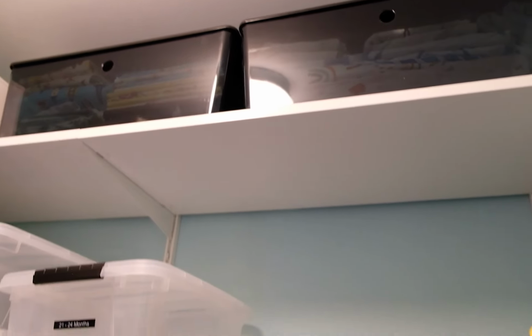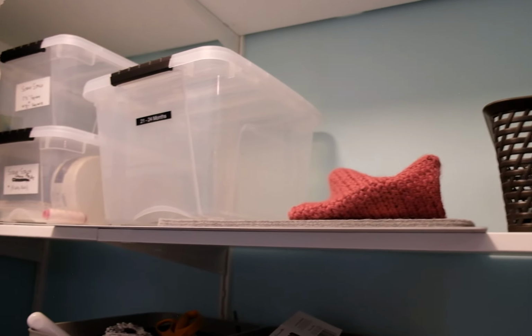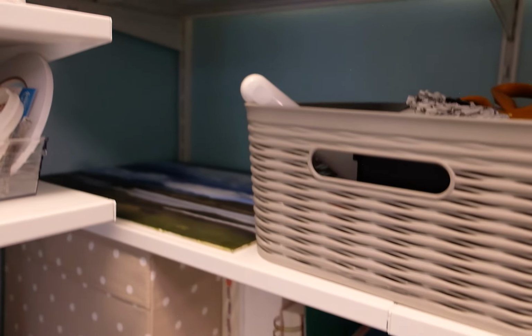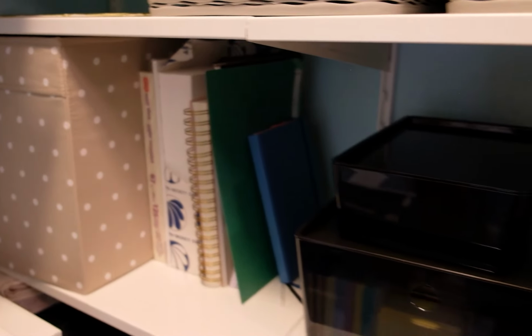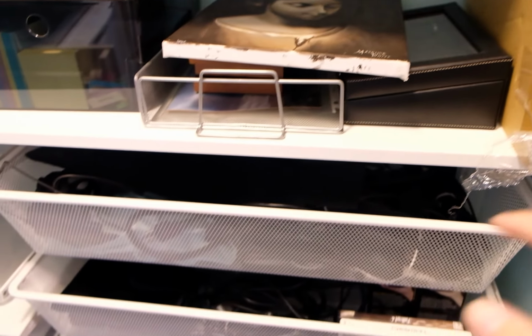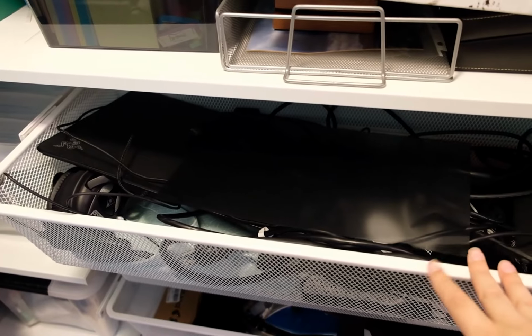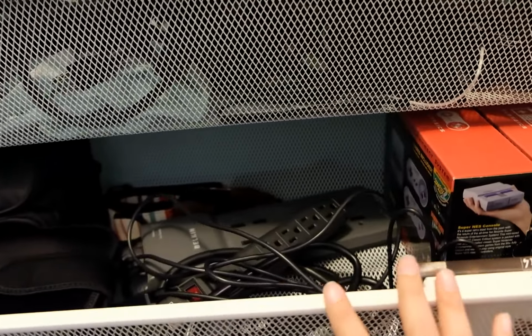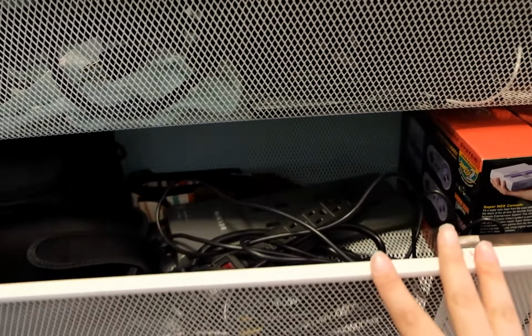More fabrics up there. And over here is mostly random stuff. Some writing supplies, mostly things that I needed to put somewhere and didn't know where, so I put it here. But then all of these drawers down here have computer supplies, filming supplies. They're not very organized right now, but I have a ton of space to put all the things that I